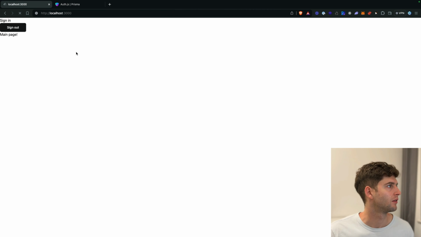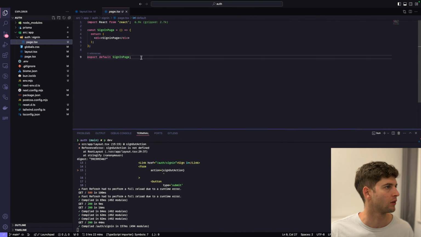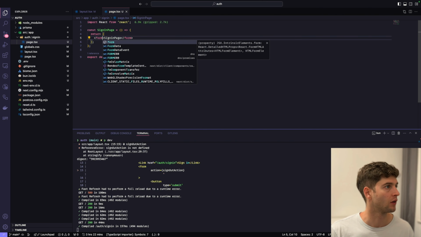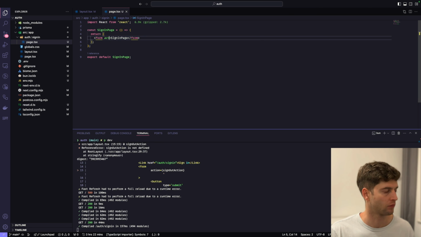If we look now, we've got a sign out button and a sign in button, and the sign in button should take us to a page where it's the sign in page like that. So for the sign in page, let's start creating that page. Basically that's going to be a form with an action,